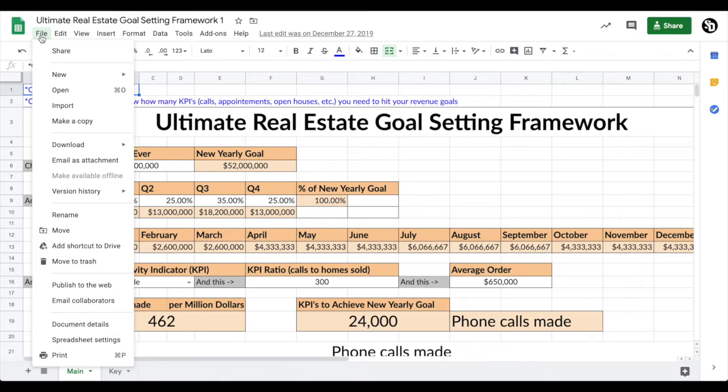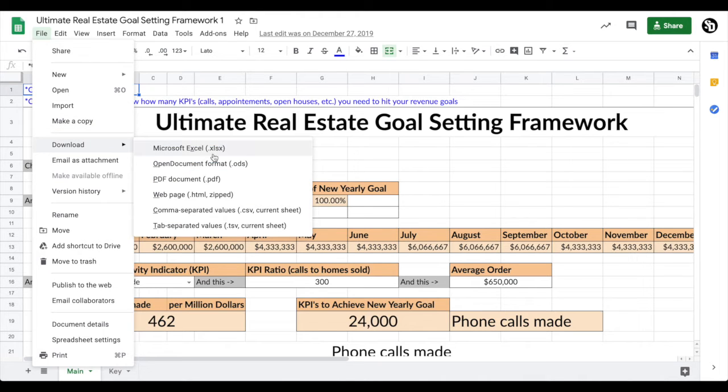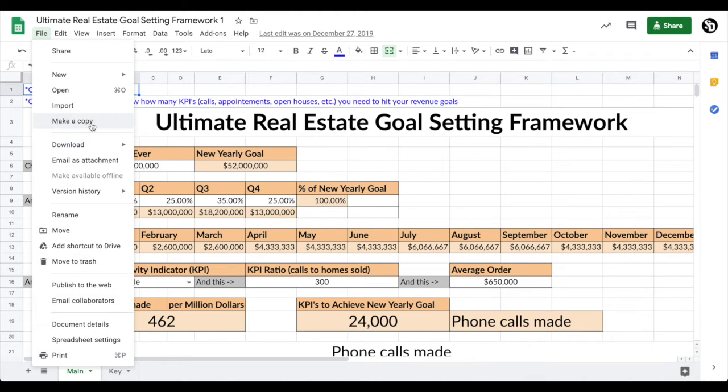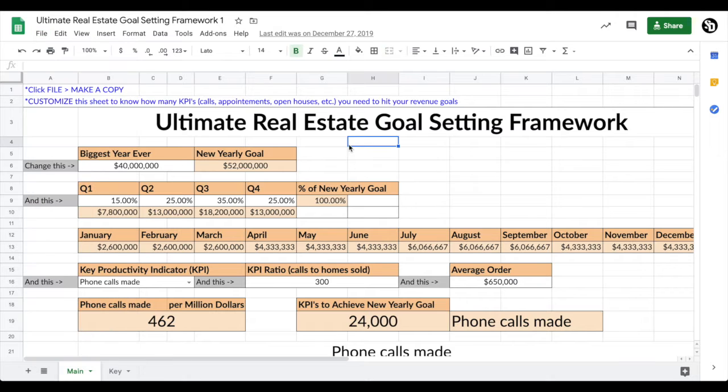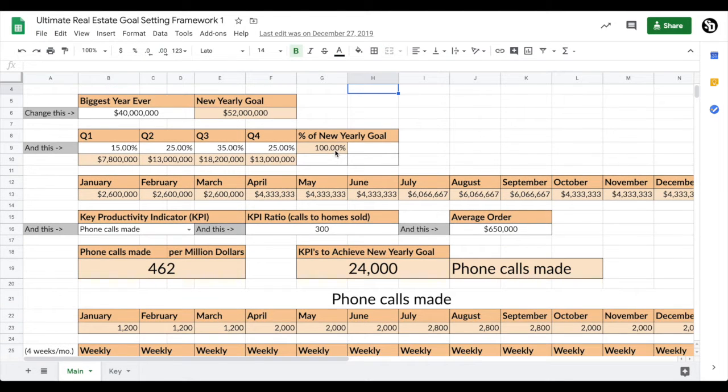You'll need to click File, make a copy, and then you copy it to your Google Drive. So that's the way you do it. You can also download it as an Excel if you want, but I would just copy it to your Google Drive. So once you're in there and you've copied it to your Google Drive, now type in your best year